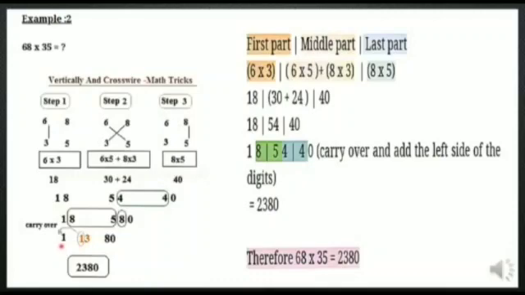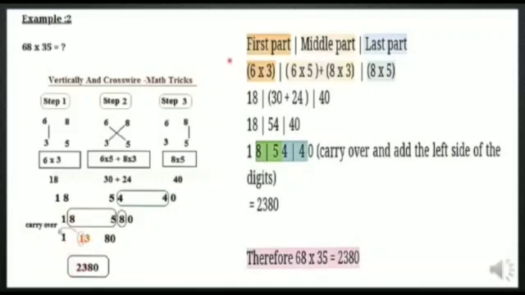What number do you have there? You have the number 1 here. So you will add 1 plus 1, which is 2. So what did you get as an answer? You have written 0 as it is, 8 as it is. From 13 you have taken the 3 here. And you have added the remaining 1 to the number which is on the left side. You will add 1 plus 1, which is 2.